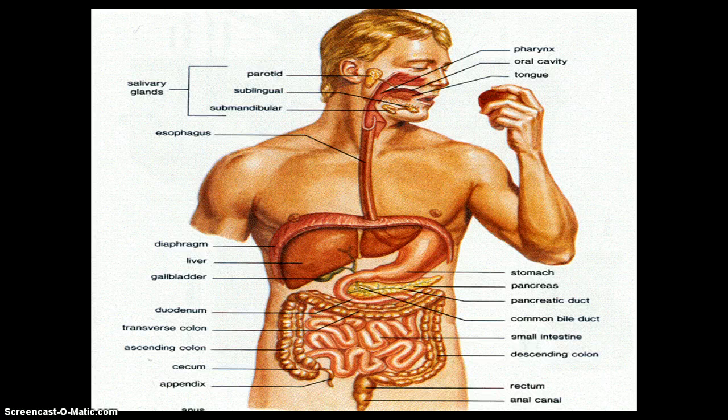Here's a picture of the digestive system. You're not going to be responsible for knowing all of the parts of it. We will discuss the majority of them, but I want you to basically just have an idea of the structures that we discussed earlier, meaning the mouth, the pharynx, the esophagus, the small intestine, large intestine, the stomach. Other structures such as the liver or the pancreas we're going to discuss when talking about the process of digestion, but you're not going to be responsible for knowing the location of them. So here's just a picture of the